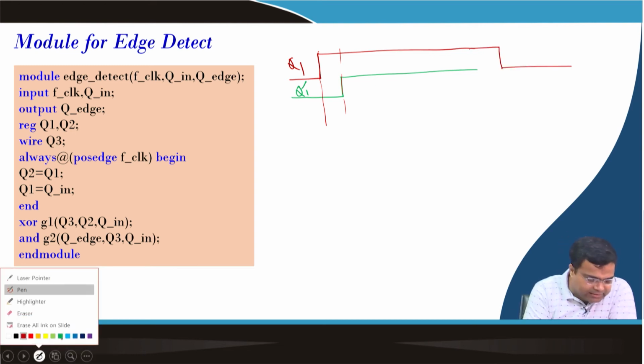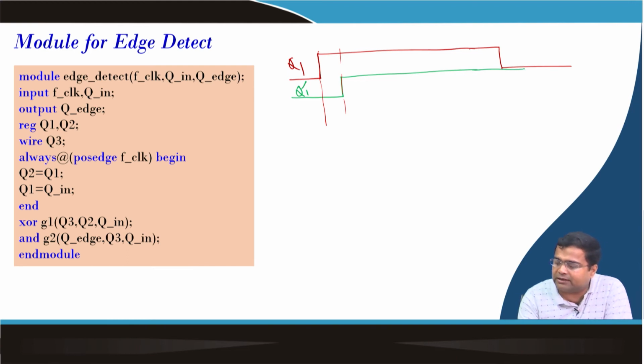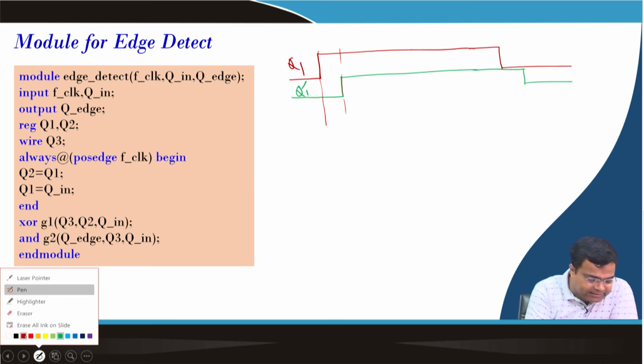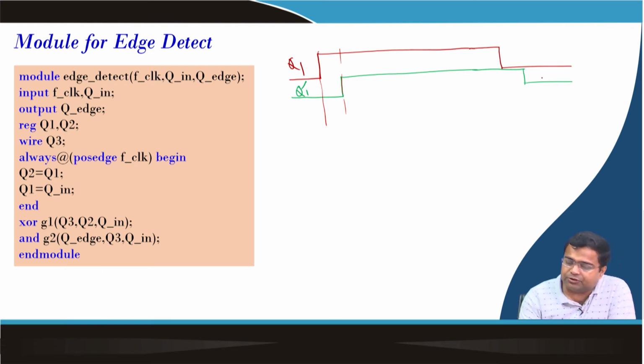So naturally, this signal will go low here. If you use an edge detection circuit, this will be your Q1 dash and this is Q1. So Q1 and Q1 dash, if you pass through an XOR gate,